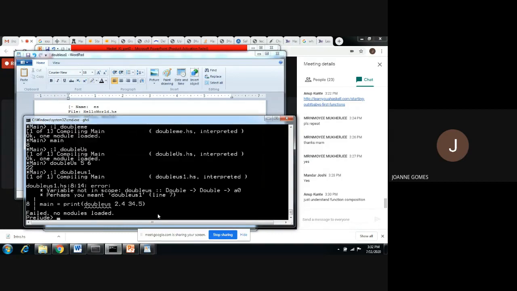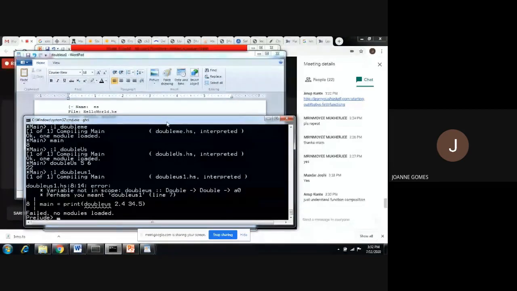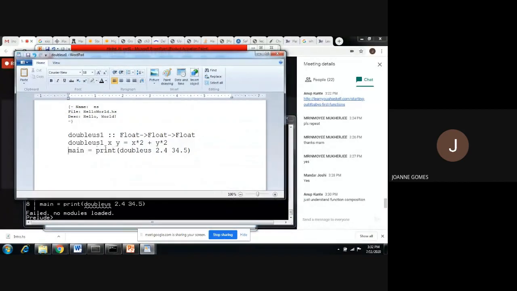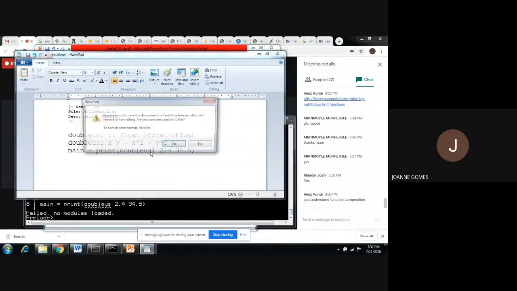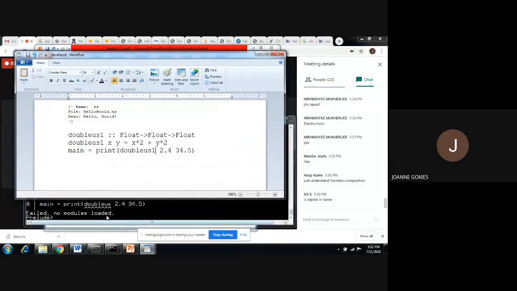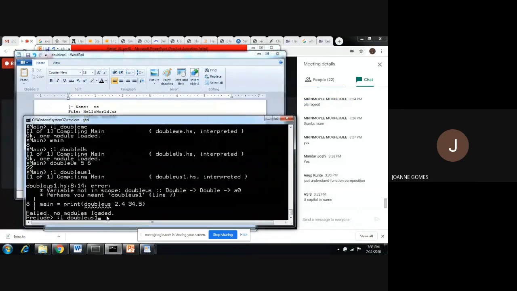Fail. There is something, some name mistake is there. Double us1. Okay. So there is a mistake. So let's load it again.